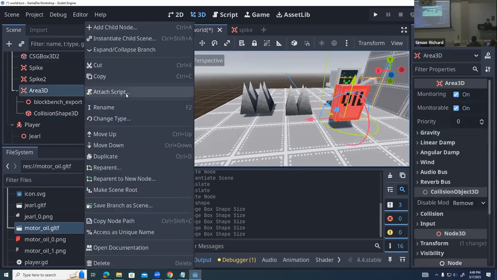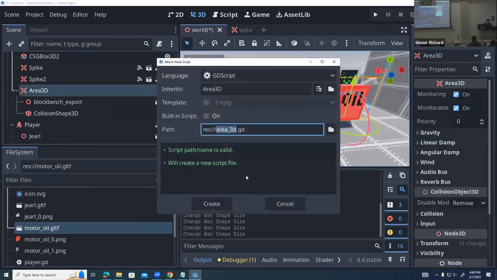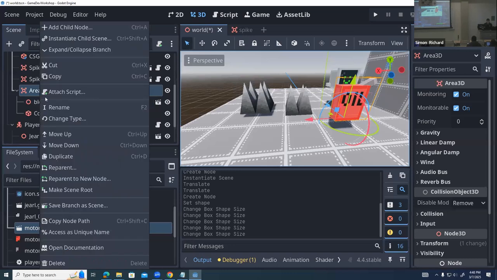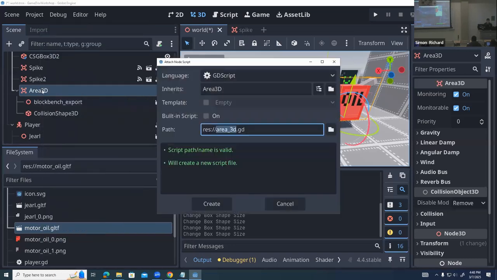All right, now we have that set up. We're going to attach a script. I'm going to rename this first. Also, when you attach a script on something with a default name, it's just going to take the name of that type. I would not recommend doing this because then you could accidentally put a script